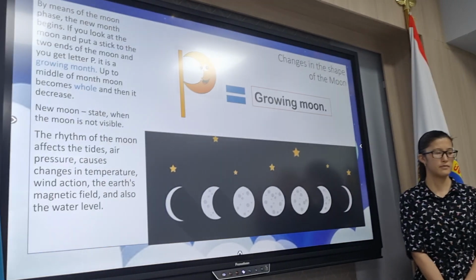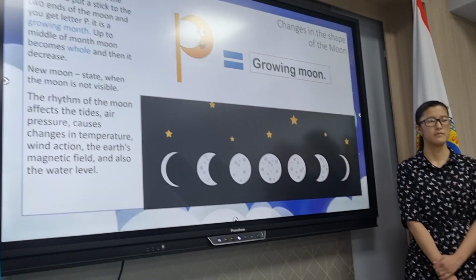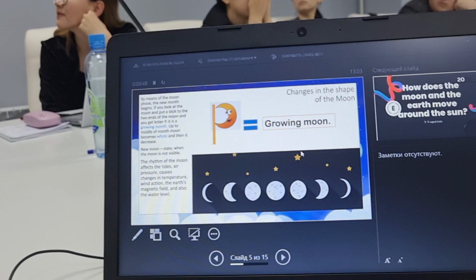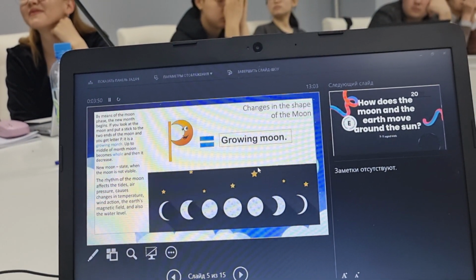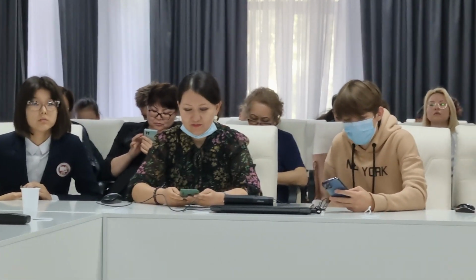When the sun sets, night comes, and the moon also has phases during the night. From the start of the month, the first phase is named the growing moon, and how can you understand that?